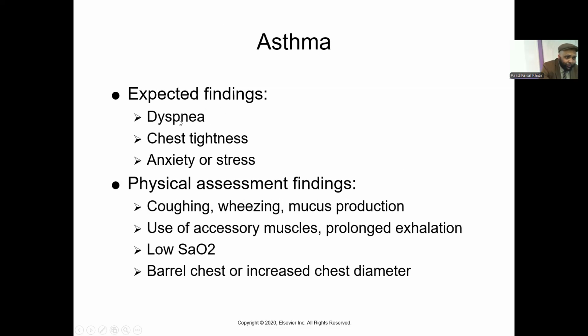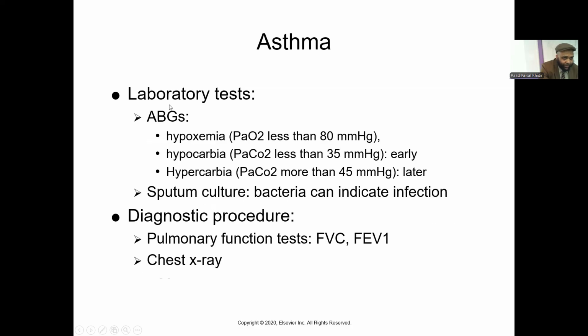Asthma is always accompanied with dyspnea, chest tightness, anxiety, or stress. Physical assessment findings are coughing, wheezing, mucus production, and there's a use of accessory muscles and prolonged exhalation. There's a barrel chest or increased chest diameter. Laboratory tests are